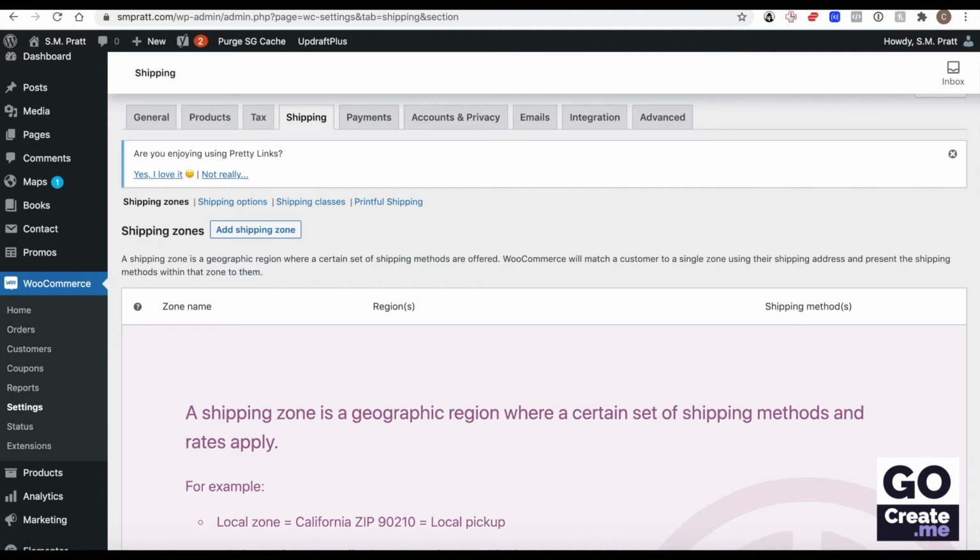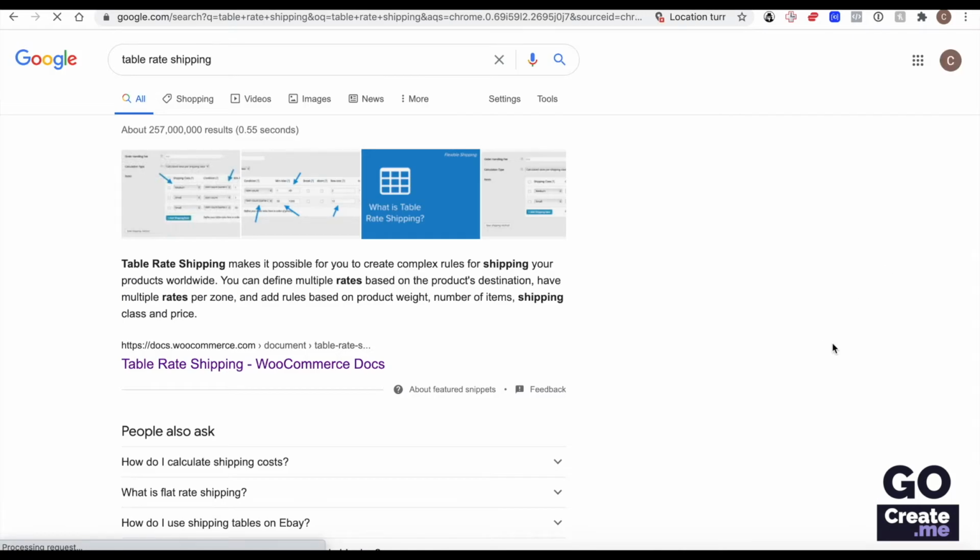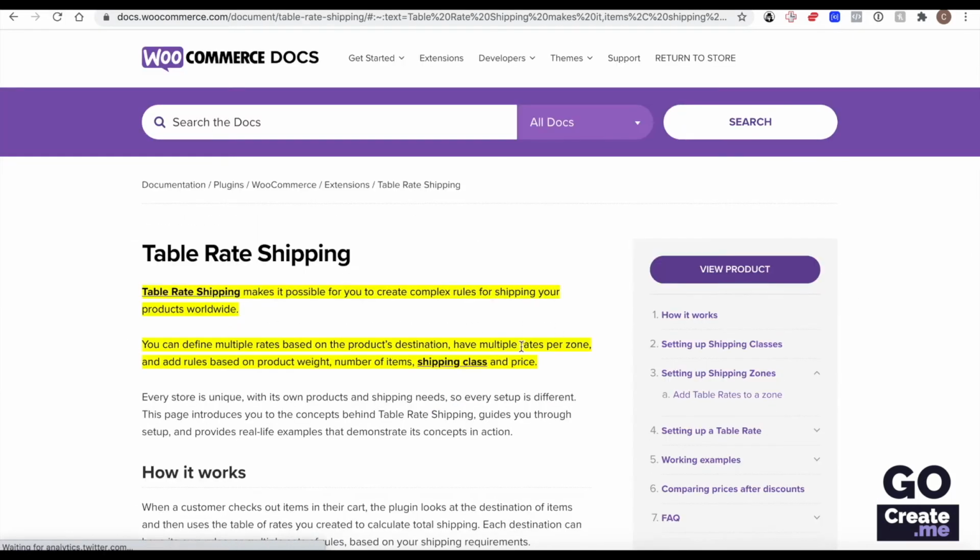If you plan on shipping paperbacks that you are signing yourself or not, but you are physically mailing them yourself, and you want to be able to charge different shipping costs based on how heavy the box is and where it's going to, you may need a premium plugin such as table rate shipping. If you go to